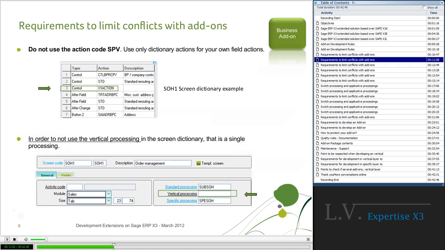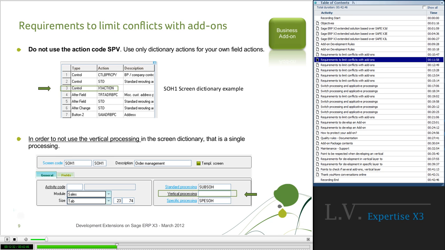The second rule is to not use the action SPV. You have to use a dictionary action beginning with your identifier. Two advantages for this methodology.